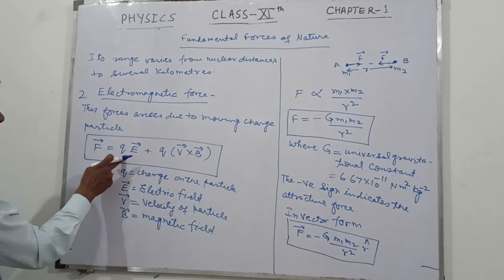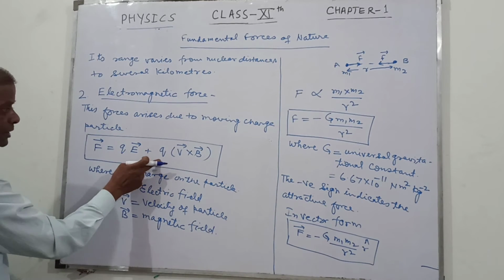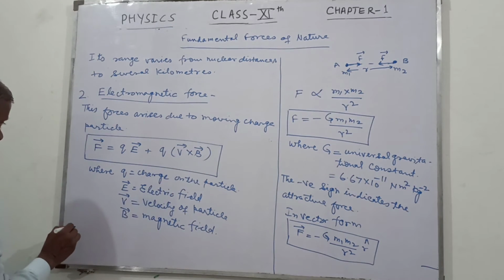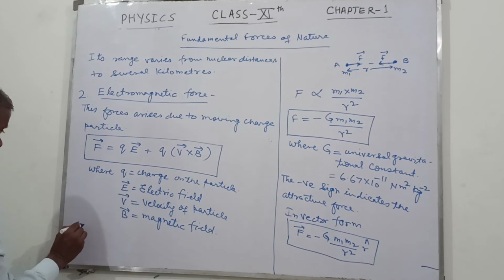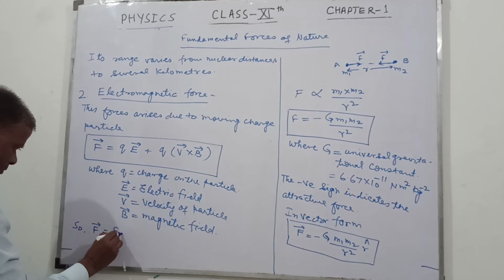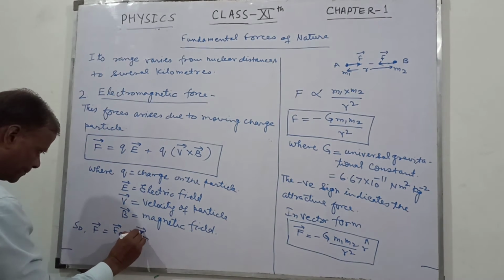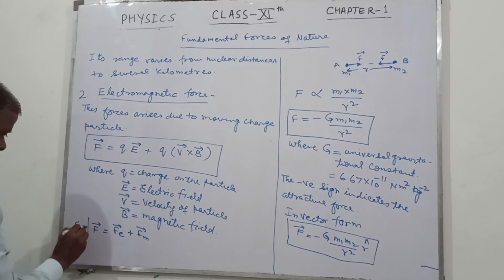So QE is the electric force, and QV cross B is the magnetic force. So F equal to Fe plus Fm,